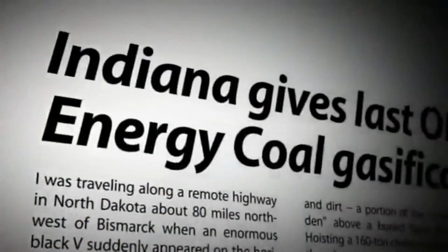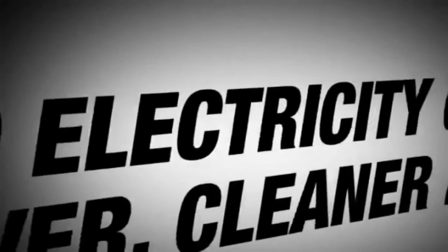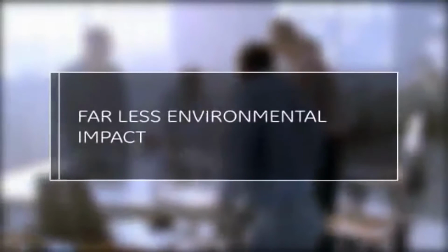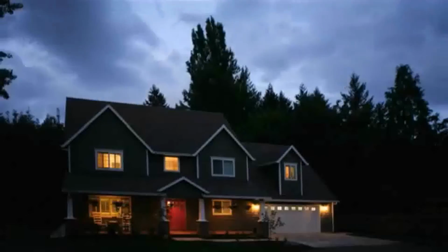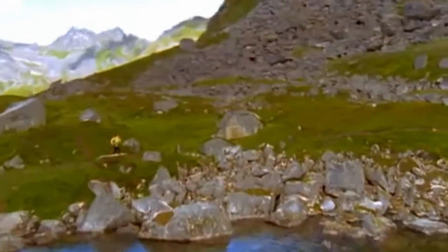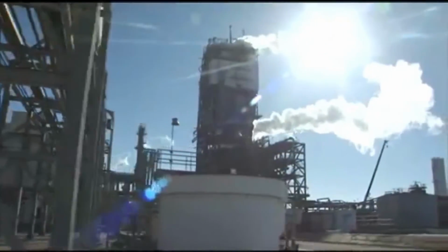In late 2007, plans for one of the world's largest commercial IGCC plants moved forward in Edwardsport, Indiana. State and local government figures combined with concerned citizens to create an energy plan that meets future needs with far less impact on the environment. How to provide the electricity that will be needed and do the best we can for the planet by working together to meet challenges created by a need for power, colliding with an environment with a need for care. Many solutions will be needed,